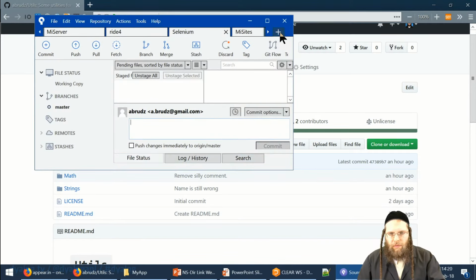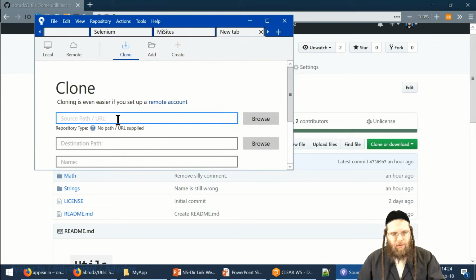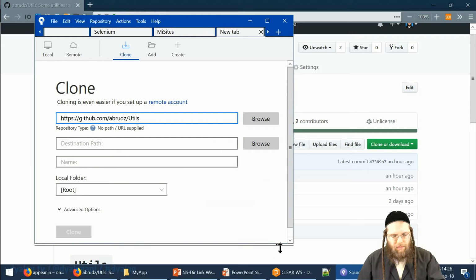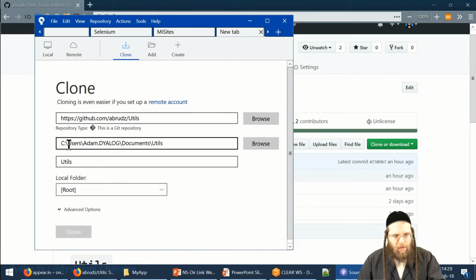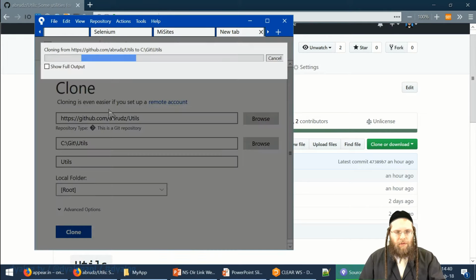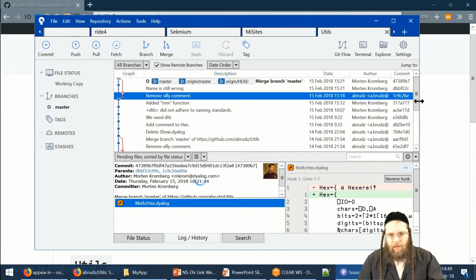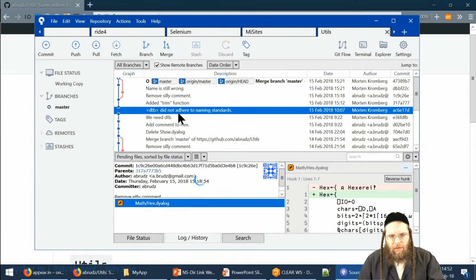And we're going to clone this repository from this address. Sourcetree suggests a location for it, but I'm going to choose a different location. And clone. So now Sourcetree is downloading this repository, and this gives us a history of things that have happened in this